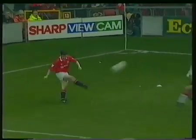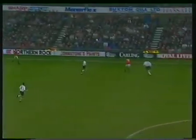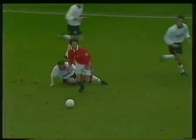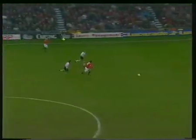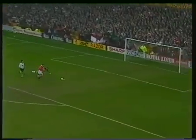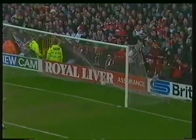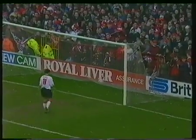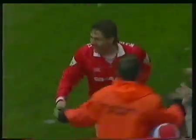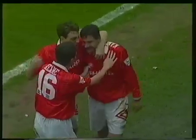Ince has had some match. Cantona and Giggs are there again. And Kanchelskis through the middle, onside, put there by Giggs. And Kanchelskis goes around John Vaughan, and it's 3-0, and it's all over now. And the Russian World Cup player scores his second goal of the afternoon. And all round the ground, they applaud, apart from John Vaughan perhaps,